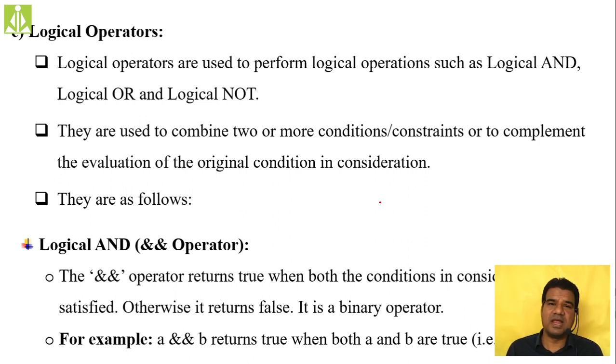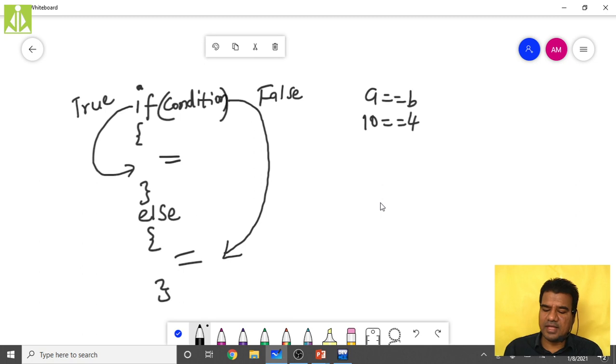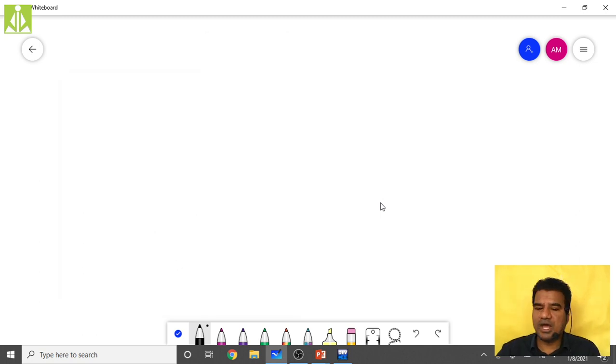We are reading the person's age, and we said age must be greater than 18 in order to vote.